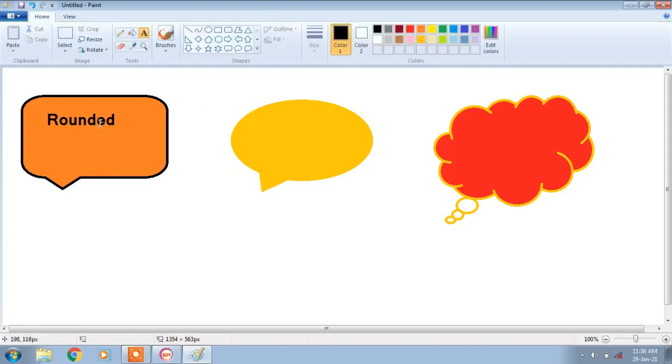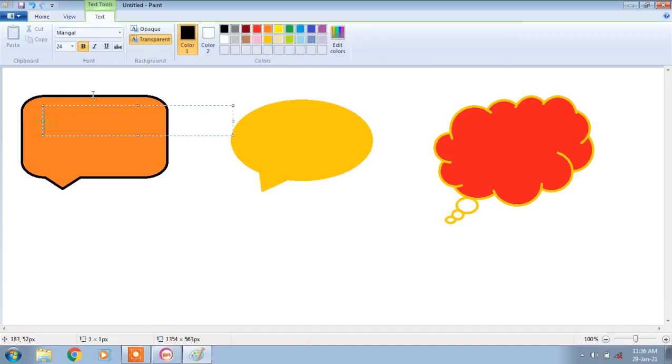So let me remove it once again. Let me click here and reduce the size first, then add rounded rectangular. Spelling has gone wrong, I'll make it correct. Rounded rectangular cutout. So like this we can add the text.